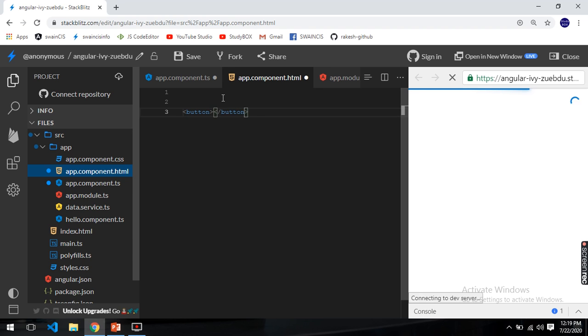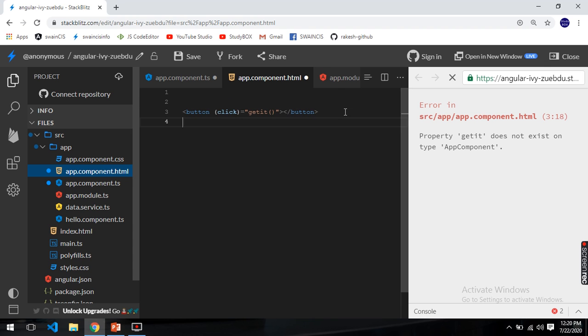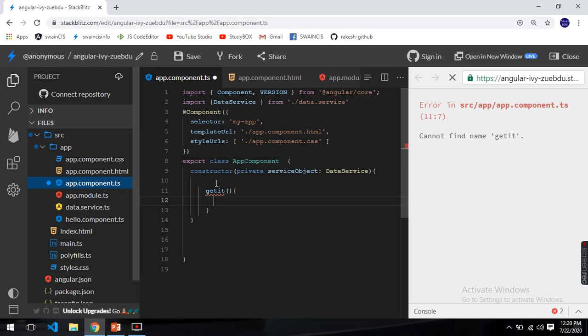I could also use ngOnInit, but it's better to show you with a click. I'm putting the function get, and I'm also going to create a variable to show the data.